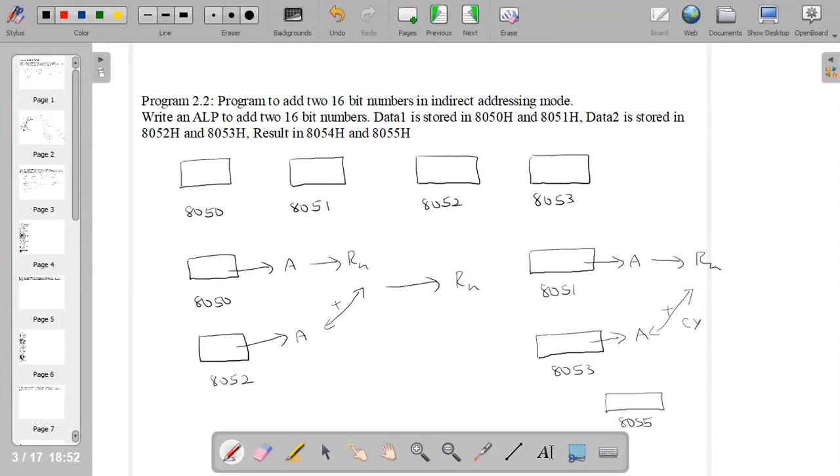So need to increment the data pointer so that it will point to 8055 location and whatever result is there in the accumulator due to the current addition operation, that will be moved to 8055 location, and then decrement the data pointer such that it points to the 8054 location and move the content of the first addition process to that particular location. So first move that content from the register in which it is stored to A and then move the content of A to 8054 location. So let us see the program written for this.